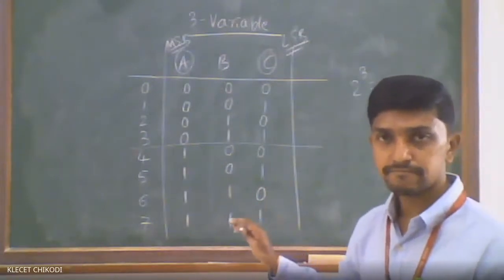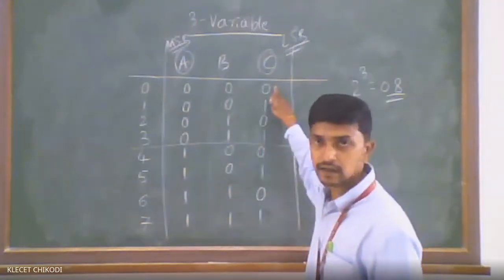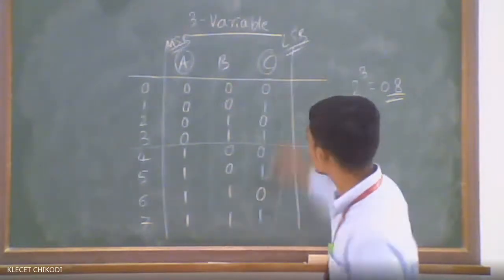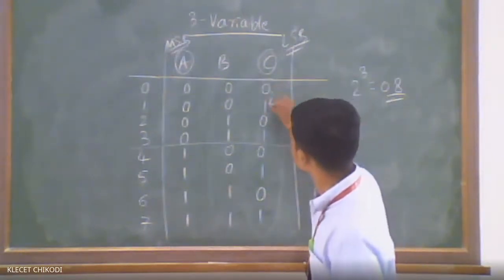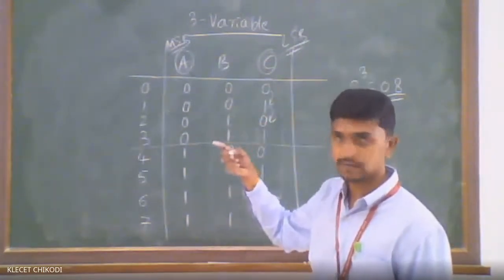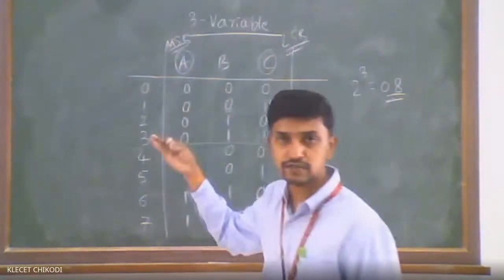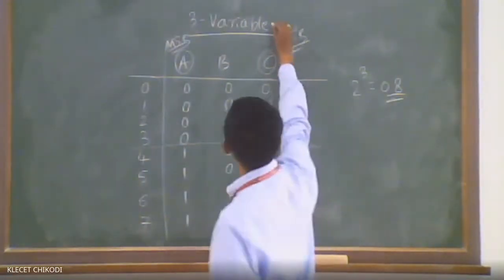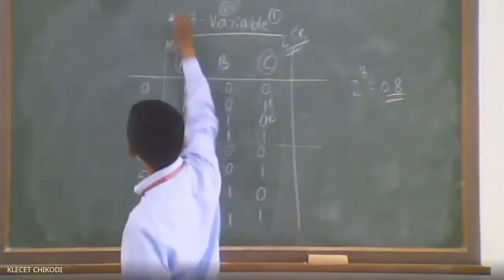Is it clear? You can see that this is the least significant bit. Just see this column, the C column. Here, each bit is varying. This least significant bit is varying for every single bit, the middle one is varying for every 2 bits, and this one is varying for every 4 bits. So what will be the weightage here? It will be changing for 1 bit, 2 bits, and 4 bits.